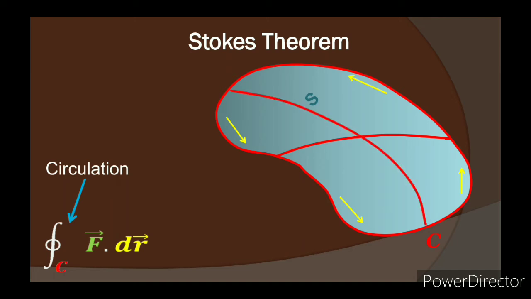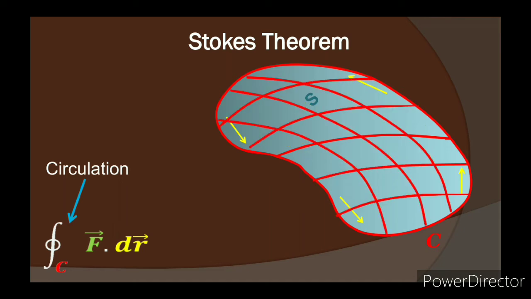Now we draw another line so that the surface S is divided into four parts. Adding the circulations along the four closed curves, we get actually the circulation along the closed curve C. We divide S at the elementary level, then as previously, adding the circulations along the elementary closed curves, we shall get the circulation along C.